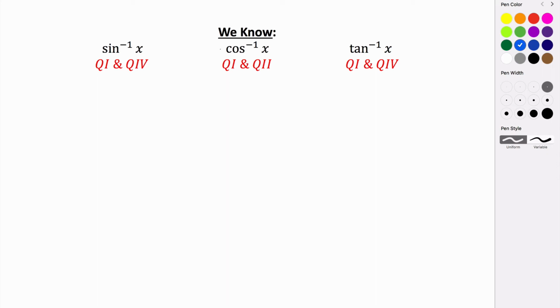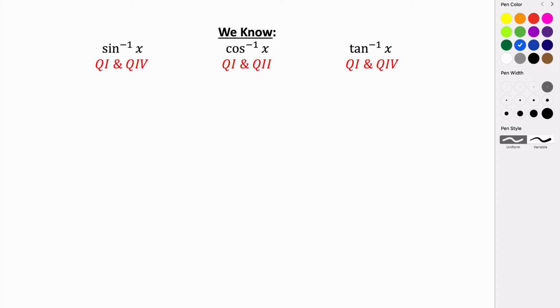Next, we're going to look at evaluating some of the reciprocal inverse functions. Before we do that, let's just remind ourselves, we know that the inverse sine gives us output values in quadrants 1 and 4. They end up being angle measures in quadrant 1 and 4. The inverse cosine gives us angles from quadrants 1 and 2, and the inverse tangent gives us angles in quadrant